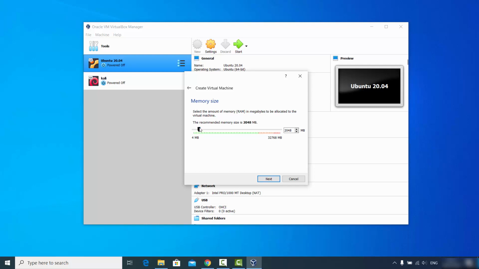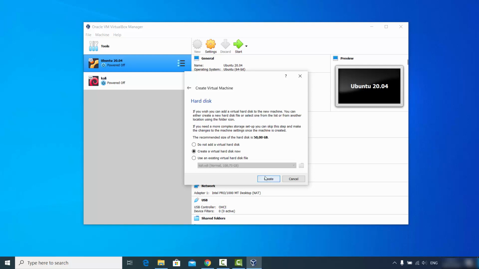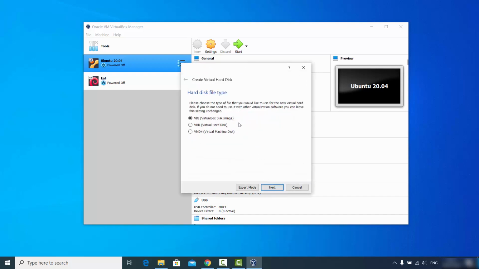Here you can choose the memory size. I generally go up to the green mark limit, so until here. It depends on your host operating system, how much memory it allows you to provide, right? Then click Next, and here in the hard disk, just leave everything as default. By default it's selected Create a virtual hard disk now, so I'm going to just click on Create, and now